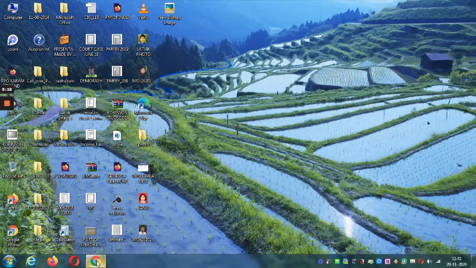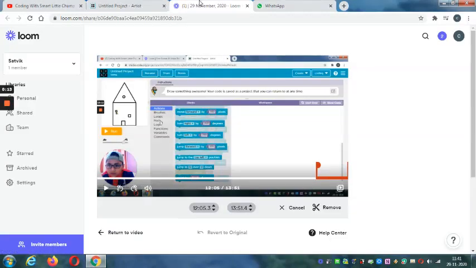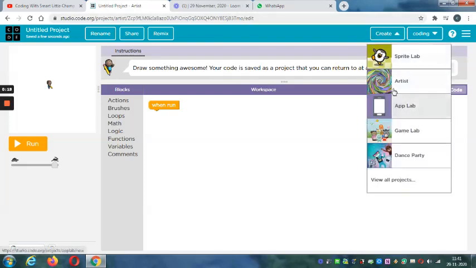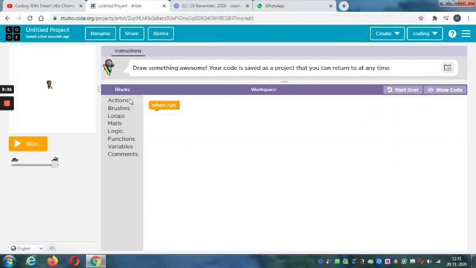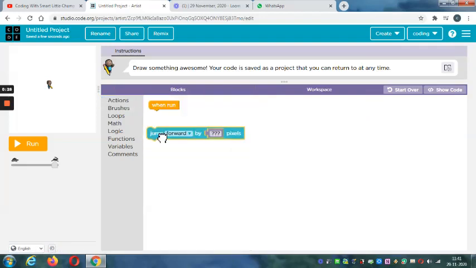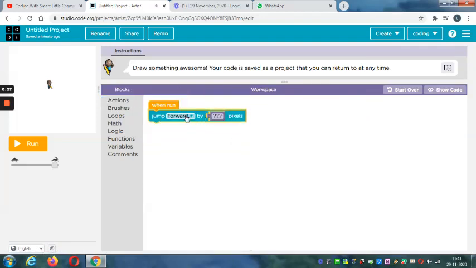First, open your browser. Then type Coder.org, go to the create button, click artist, and this screen will appear on your screen. Take one jump backward block. Jump backward by